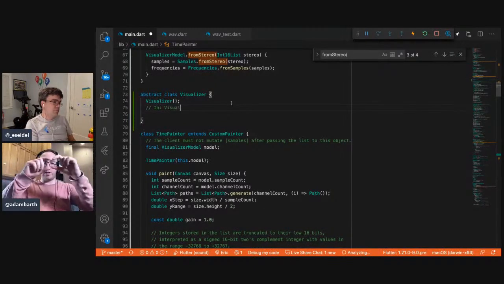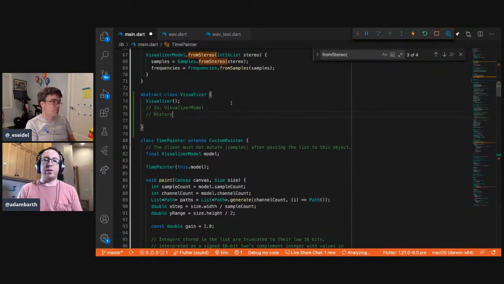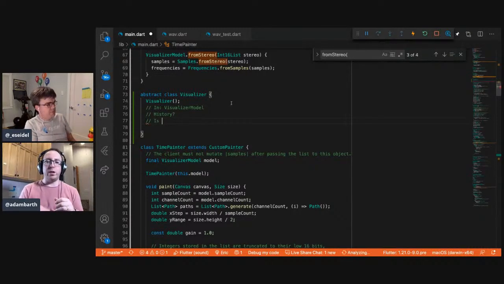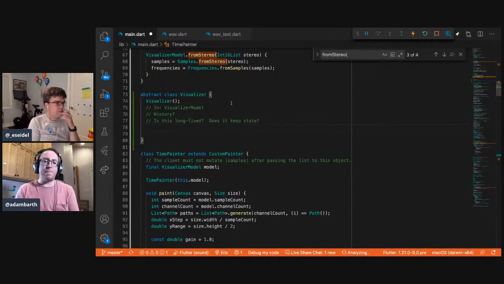As it bumps around, there's a bar that stays at the max for a while and then falls down. That means it needs some sort of history. So I was thinking the visualizer is a long-lived thing that keeps state, and then you feed it models, and then it gives you back a widget somehow.